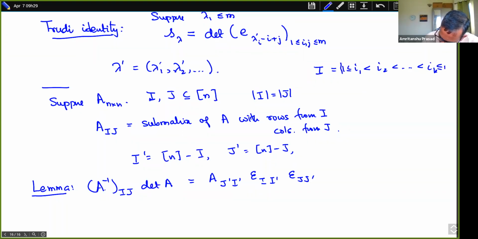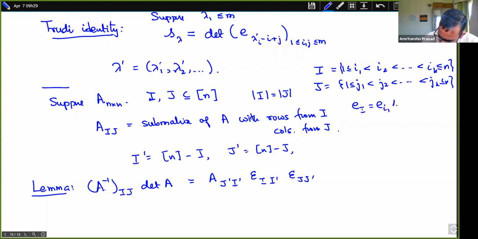And similarly with J. Then you define e_I to just be e_i1 wedge ... wedge e_ik, and similarly e_J. So in particular you have e_n, the whole thing, is e1 wedge ... wedge en, and this spans the one-dimensional space wedge n of k to the power n, where k is some field that you're working over. So these are signs, and these are defined by